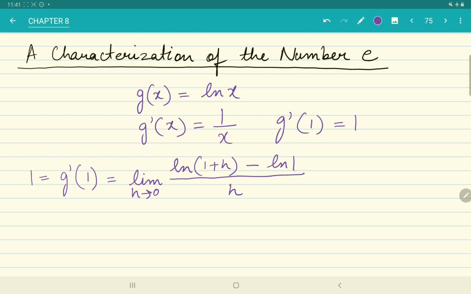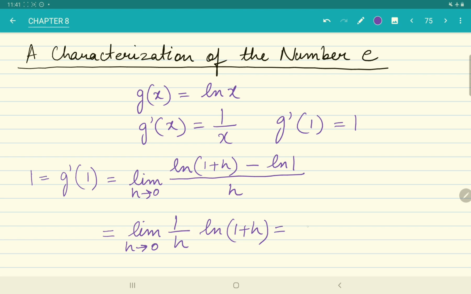Since ln 1 is 0, I can ignore that and I can write limit h tending to 0 1 by h ln 1 plus h,